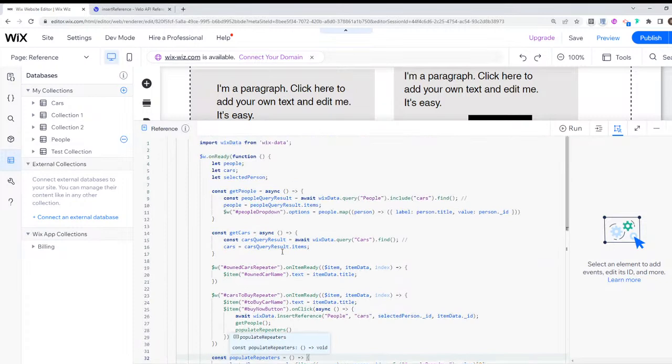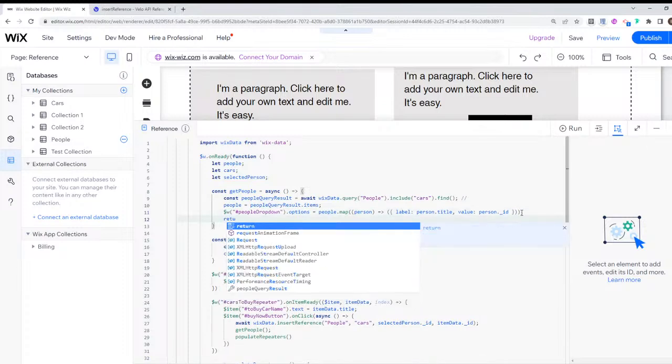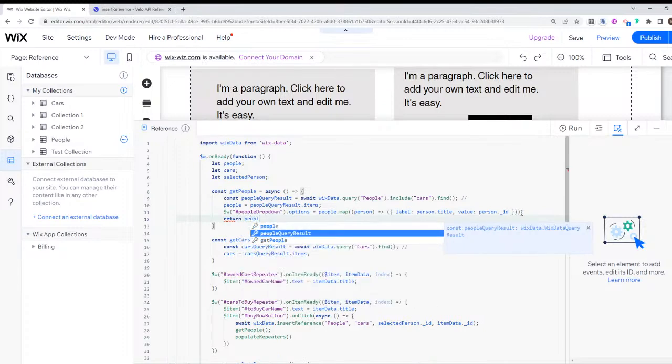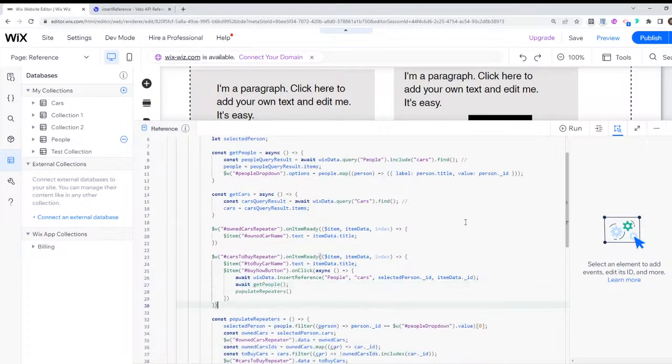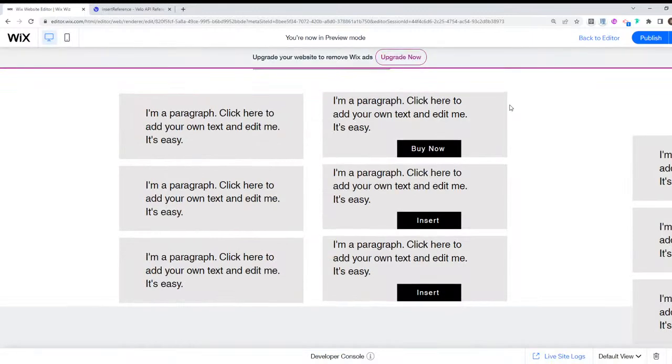Let me think how I want to handle this. Let's return people. No, that's not what I want. Let's see if I could just add an await here. Let's try this. I'm starting to feel like it's getting a bit sloppy, but